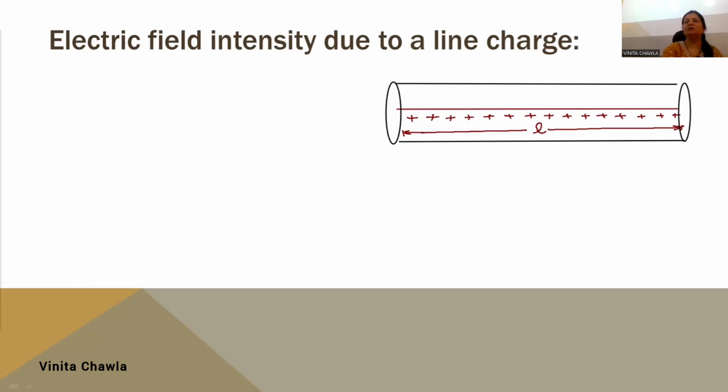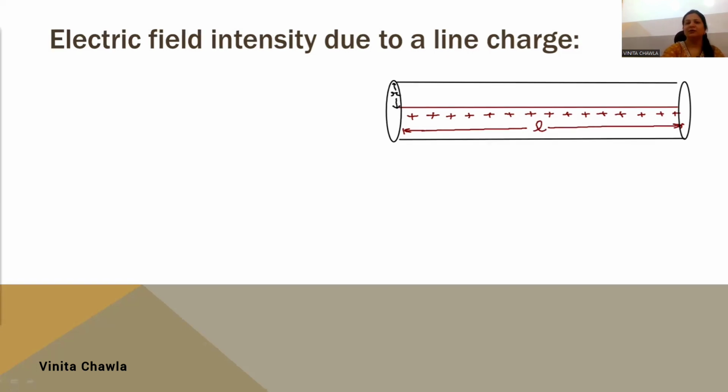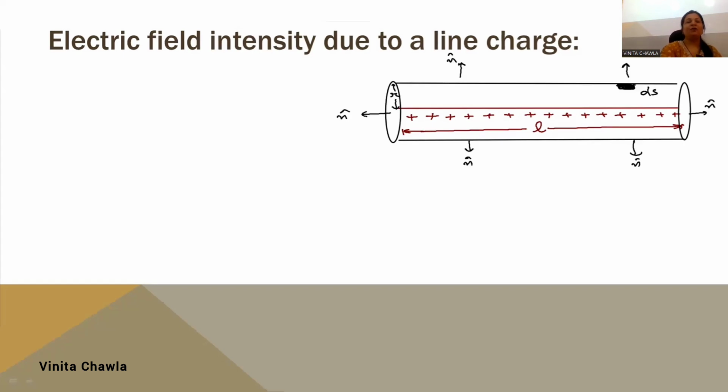The Gaussian surface should be selected in such a way that either the electric field intensity is zero or it is constant on the surface. So for this line element, we will choose a cylindrical Gaussian surface of radius r, let's say. If we consider a small area element ds on the Gaussian surface, then everywhere you will find this area